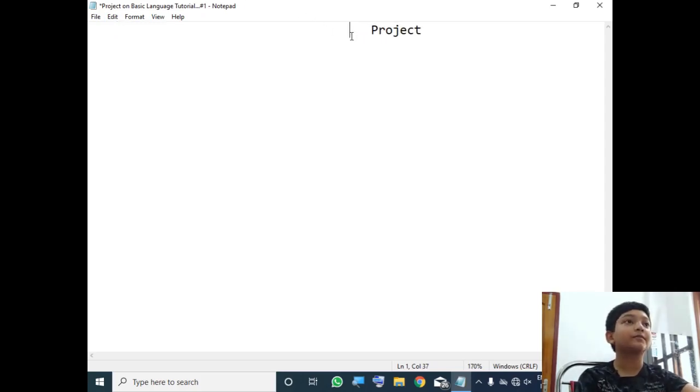Increasing the size. So this project is actually about a quiz. Now I have planned something like there will be some maths questions only, because I love maths. I won't do anything except maths. So there will be some maths questions and you have to write the correct answer. So we are going to make that type of application. Now let's write our topic.